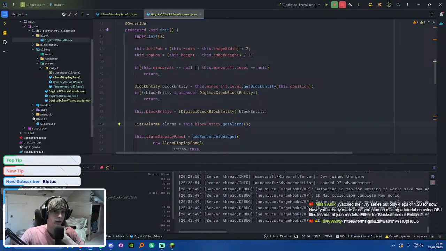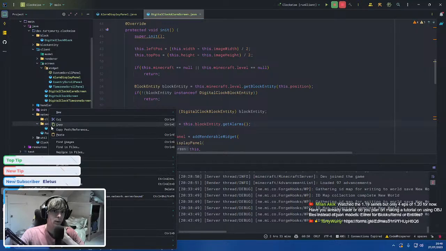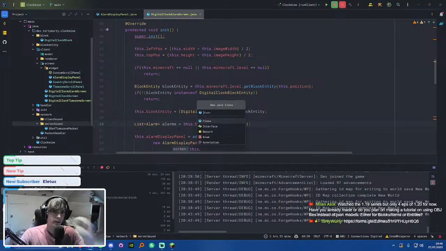Let's create the packet now, because I think it'd be just easier if we do that now. So I'll create a new server bound packet. So